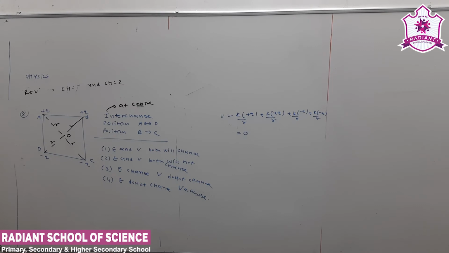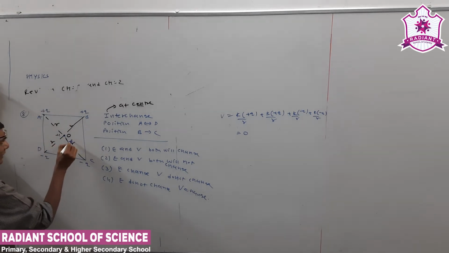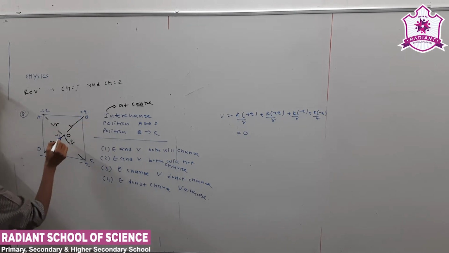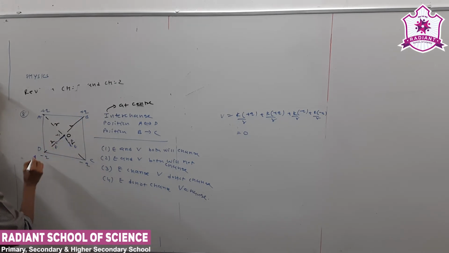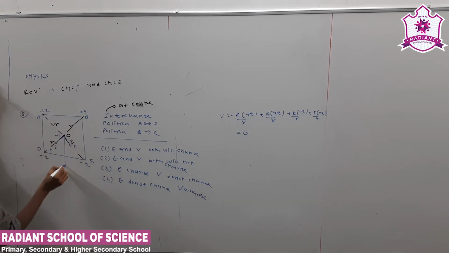vector quantity. Now let us say initially they are in this position like this. Suppose I place a test charge here. There will be a repulsive force because of E. B will be like this. C will attract the test charge, B also will attract the test charge. See, the resultant electric field was in the AD direction.